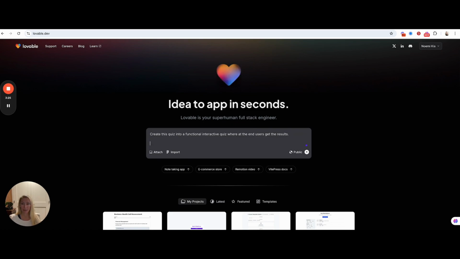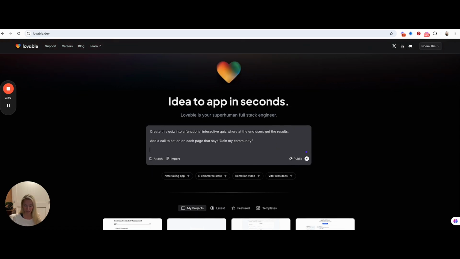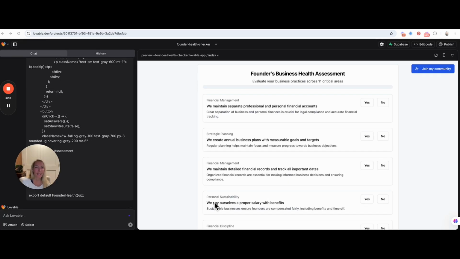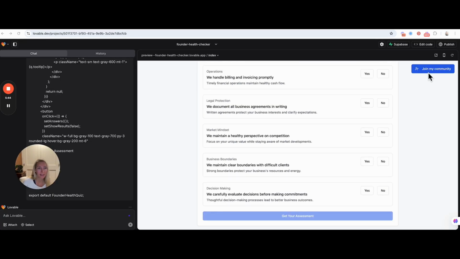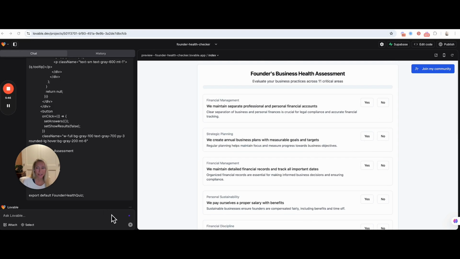Okay, and then add a call to action on each page that says join my community or get a free audit, whatever you want. And then here are the quiz questions. Okay, so it worked. And it did the join. Okay, so now that it did it, you can keep customizing it in the prompts, but let's say it's ready, you like it,